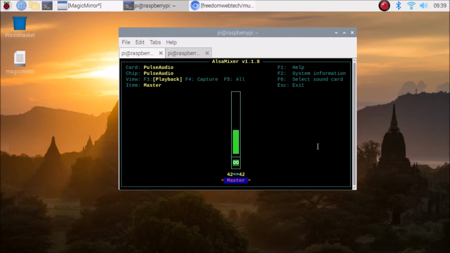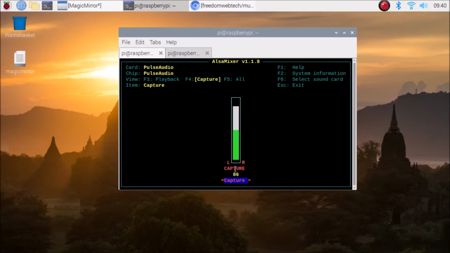Then you need to maximize the microphone volume. Okay friends, for that we need to go inside the capture settings. So press F4 for the capture setting, and then you will see the volume control keys. As you can see here, simply press the up arrow key and you can increase the volume of your microphone capture setting.